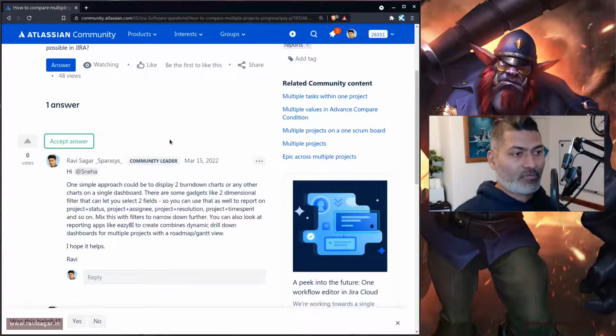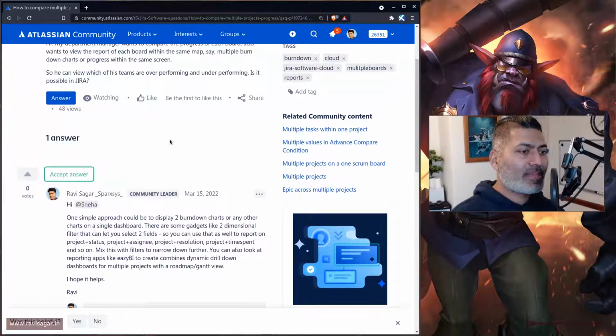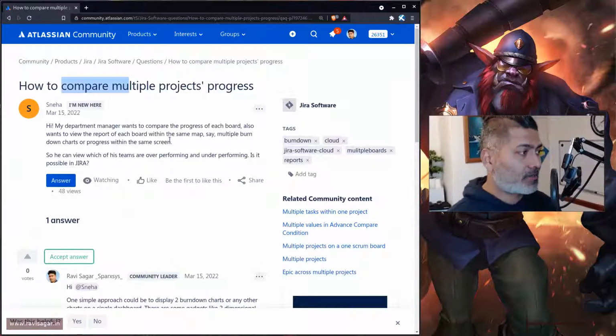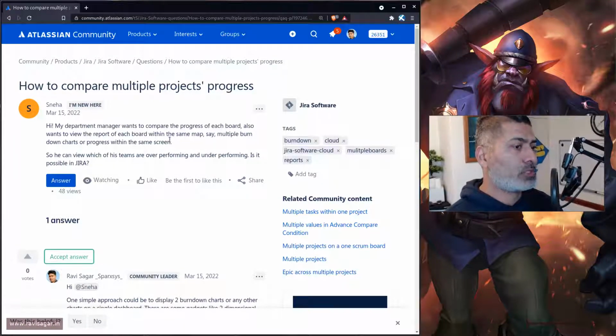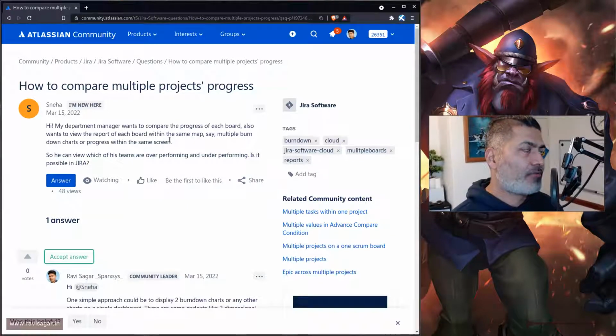The other pie chart can show information from project 2 on the first row. On the second row, you can use maybe two-dimensional filter statistics to display something else. Maybe you can have a breakup based on status and issue type, or a breakup based on the priority and the assignee, for example. And you can have multiple gadgets, and at the same time, you also have the option to create a filter to view specific information. For example, you can have filters for only open issues,